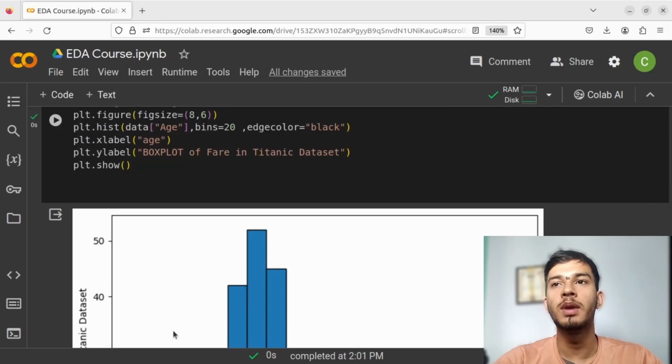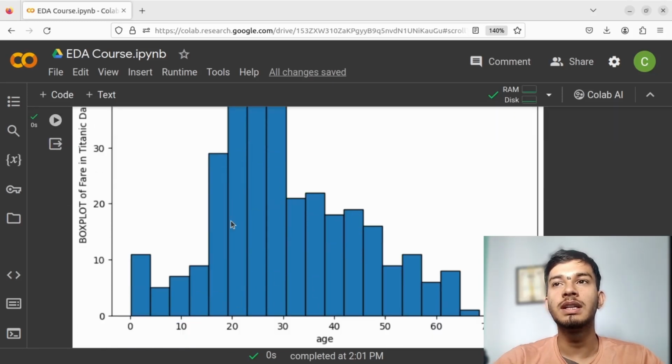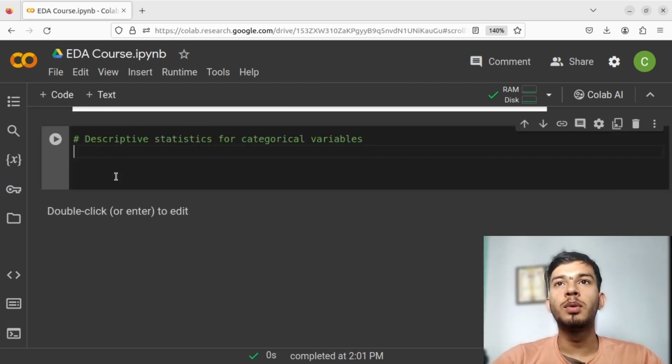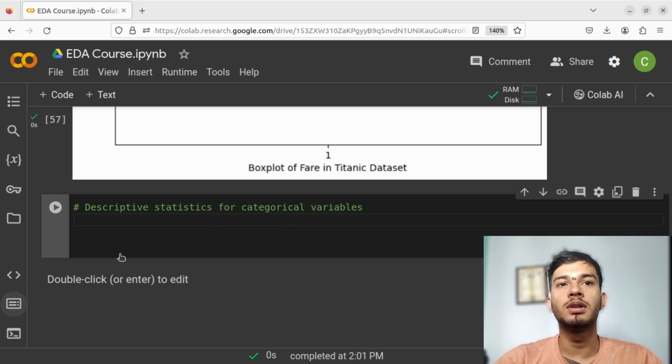You may use your domain knowledge, or you can try to figure out what is the reason for the concentration of this distribution, right? And you can analyze the presence and significance of tails in the distribution. Could they represent an unusual age group? And similar questions, right? Now we can also plot some descriptive statistics for categorical variables.